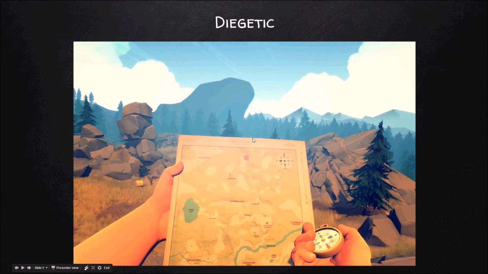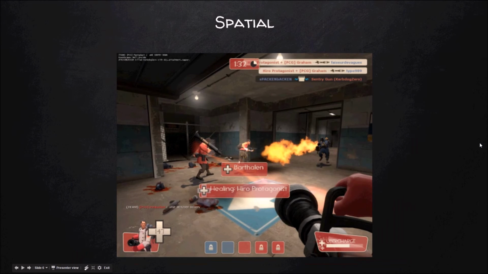Another great example would be of the game Firewatch, where the direction is shown using a compass in the hands of the player, and the map, instead of being on the screen space, is actually a paper, an actual map that belongs in that fictional world, which is used to convey information to the player. Non-diegetic GUI system, although more prevalent in games, is not well suited for VR or AR games. In those types of game, diegetic GUI is the way to go, and it greatly enhances the immersion of your player. The third category of GUI is the spatial GUI system.